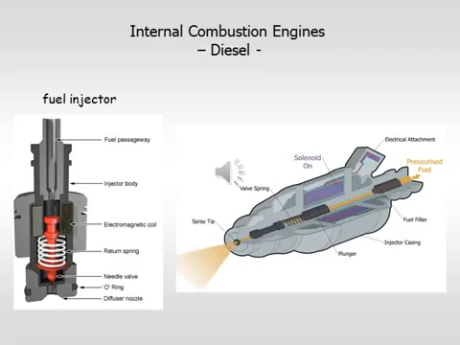When the injector is energized, an electromagnet moves a plunger that opens the valve, which allows the pressurized fuel to squirt out through a tiny nozzle. The nozzle is designed to atomize the fuel to make as fine a mist as possible so that it can burn easily.